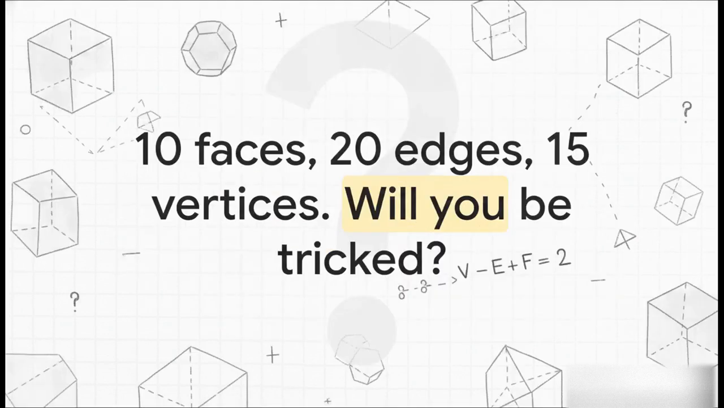Which brings us to our final provocative challenge. Imagine someone comes up to you and says they've discovered a brand new shape. They claim it has 10 faces, 20 edges, and 15 vertices. Will you let them trick you? Well, let's use our new superpower. 10 faces minus 20 edges is -10. -10 plus 15 vertices equals 5. Does 5 equal 2? No, it doesn't. The OTP failed. You can confidently look them in the eye and say, nice try, but that shape is mathematically